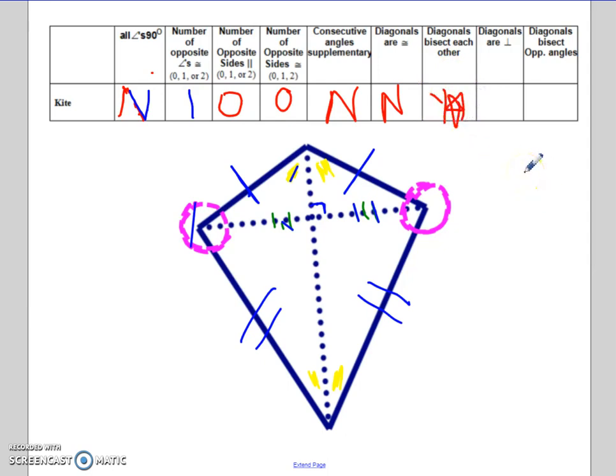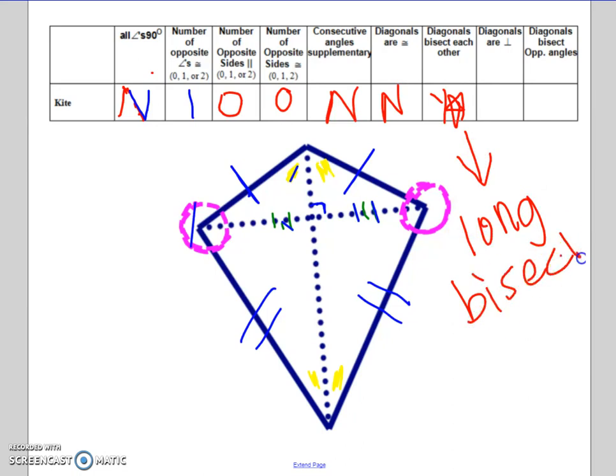it's the long one bisects the short one. So the long bisects the short. But the long one is not bisected itself. So one of them does. They are perpendicular. And then the diagonals, the short one